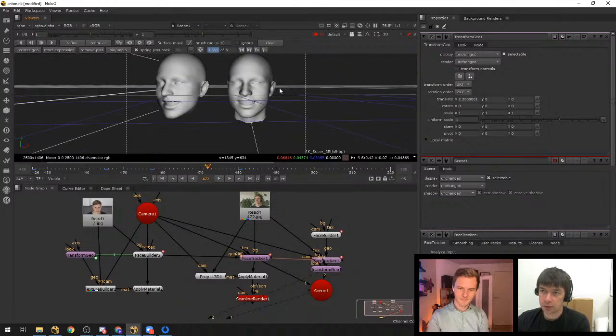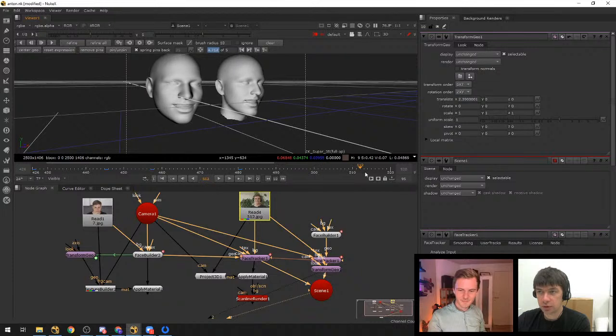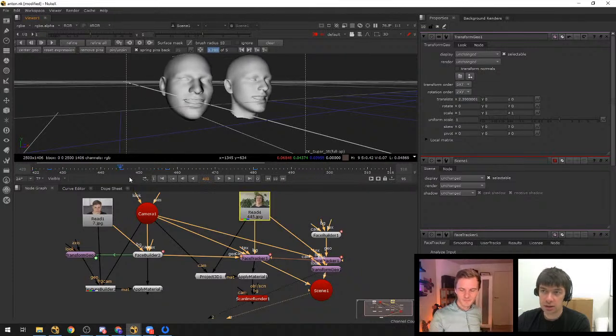So there are two different heads. It's not that visible that they are different, but they are different, and they move exactly in the same way. So it basically means that you can create a FaceBuilder from one actor, a FaceBuilder from another actor,